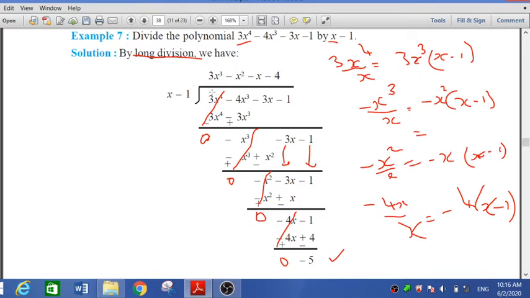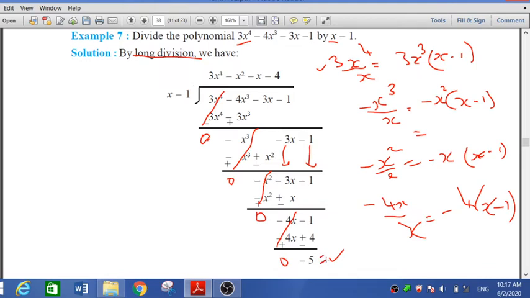Again I repeat this. Monomial divided by monomial, first term. 3x the power 4 divided by x, we can get 3x cube. In bracket I have to write x minus 1. Open the bracket, you will get the first term. Afterward again we have simplified this. We can get minus x cube. Again minus x cube divided by x, we can get minus x square. Again in bracket I have to write x minus 1. Again open the bracket, write it here. Same 4 steps we have to do every time. Here the answer is 0, here 0, here 0 and here 0.